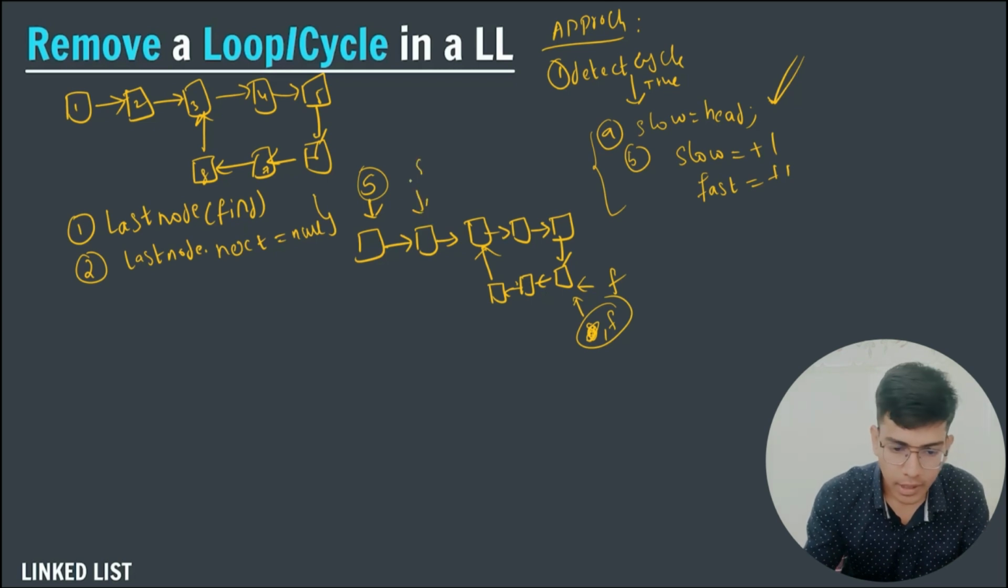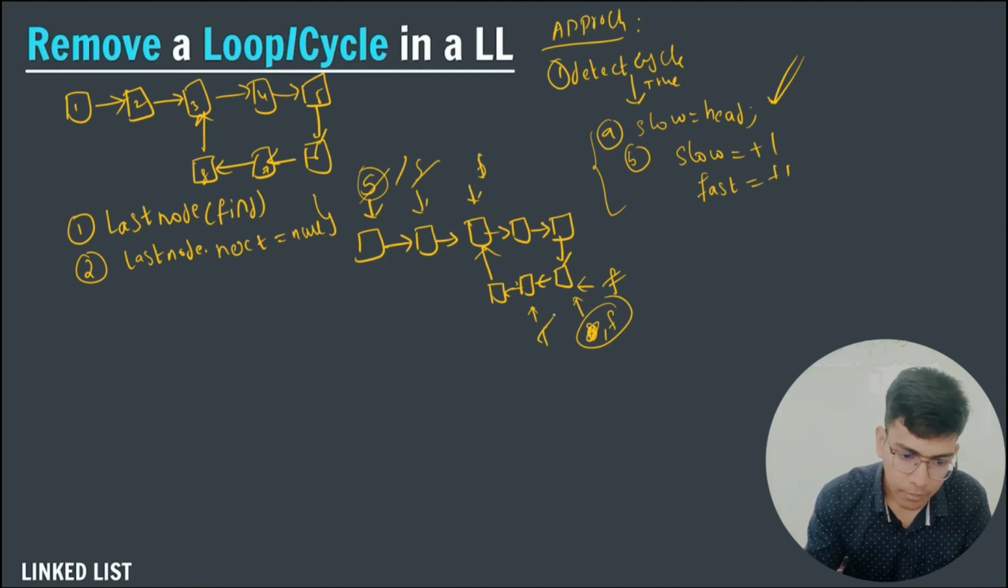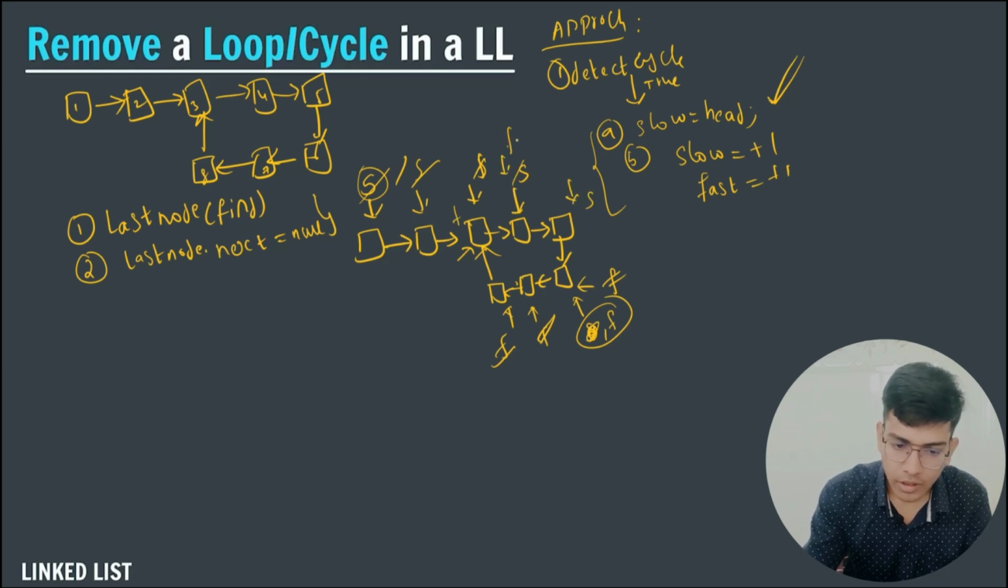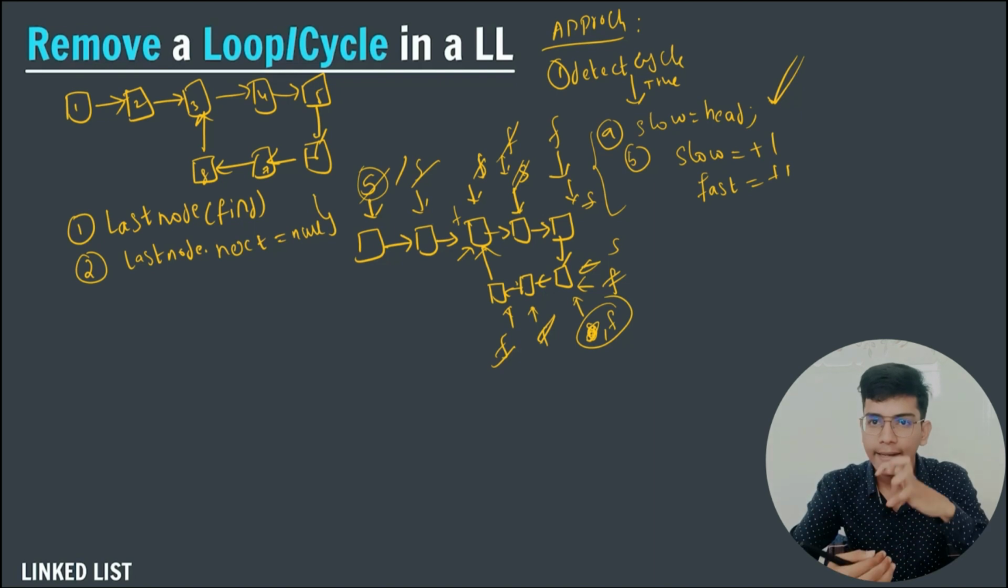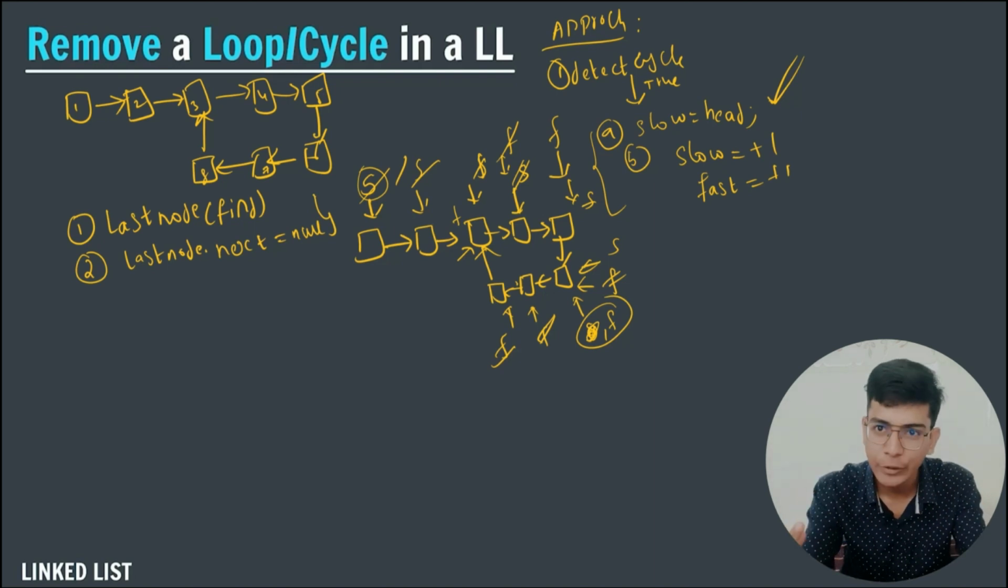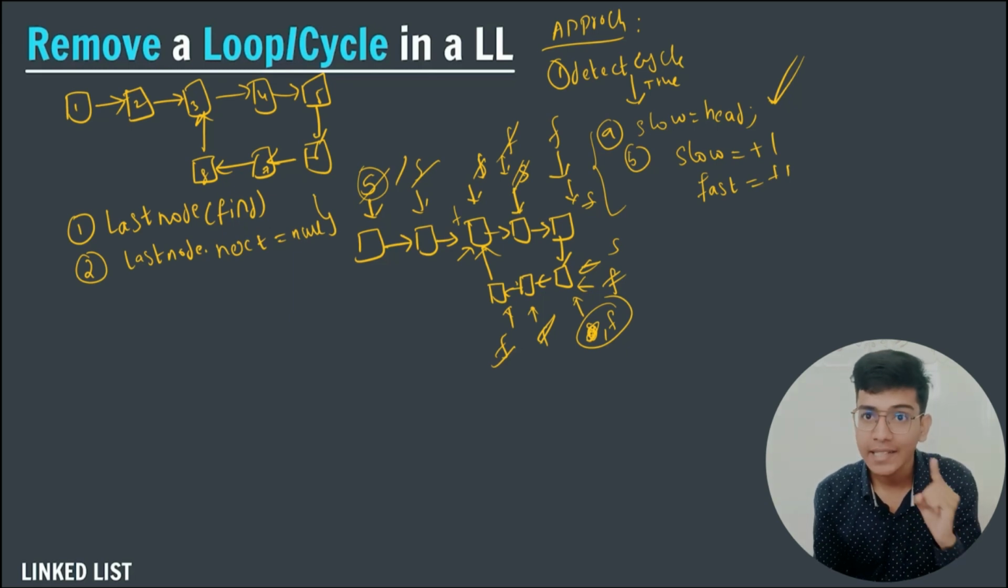So slow will come here and fast will come here, and again slow will come here and fast will come here, and this continues. This process of iterating slow and fast will continue mathematically until I hit a case, and that case